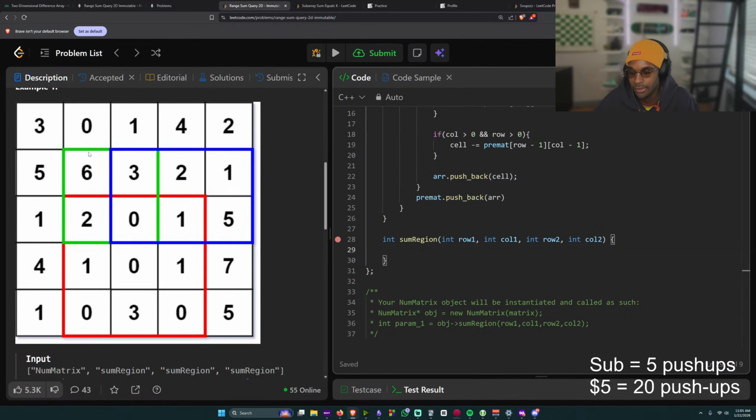Wait, no. That's not a good example. Let's say we want to get 1, 1 to 2, 2. Getting the prefix of 2, 2 would give us this whole entire square. And we need to subtract the top part to get what we need. So we'd have to get minus...